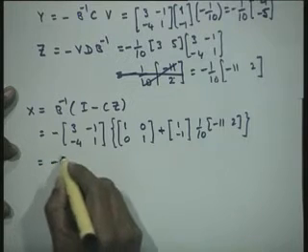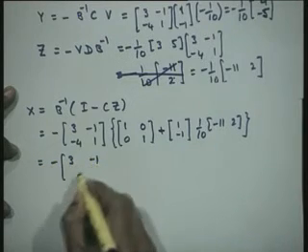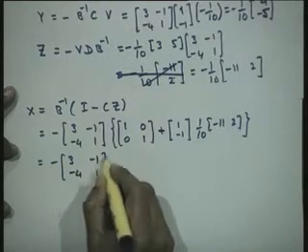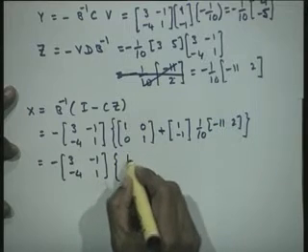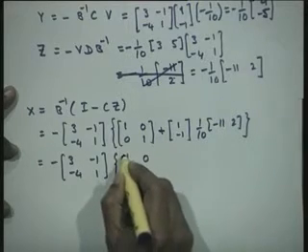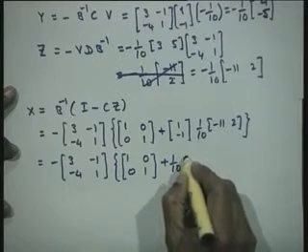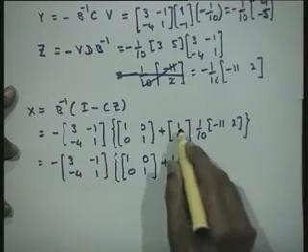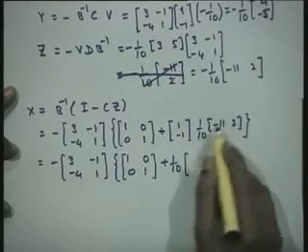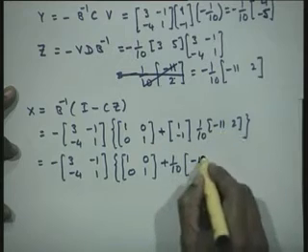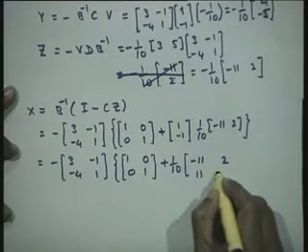Now, let us write one more step here, that is 3 minus 1 minus 4 1, 1 0 0 1, plus 1 by 10. This is a 2 into 1 and 1 into 2. So, it is a 2 into 2 matrix. So, this is minus 11 2 11 minus 2.